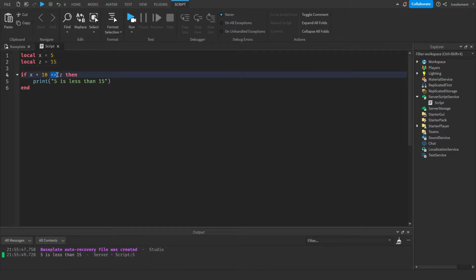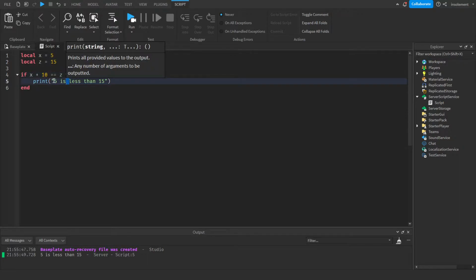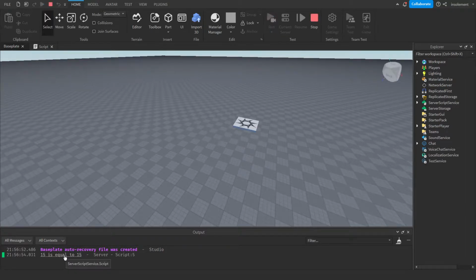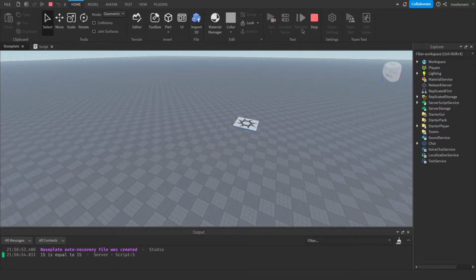Double equals means it's checking whether two data types are the same. So what this is saying here is if x plus 10, which is 15, is equal to 15, then we can say 15 is equal to 15, right? So we should get that, right? Because 15 is equal to 15,